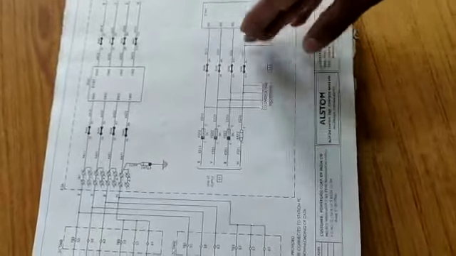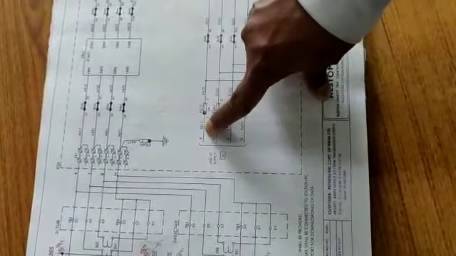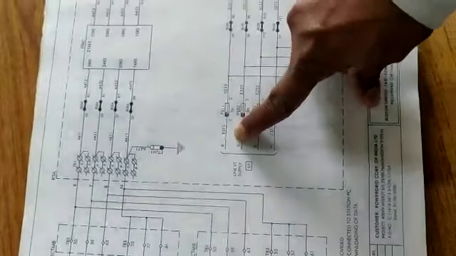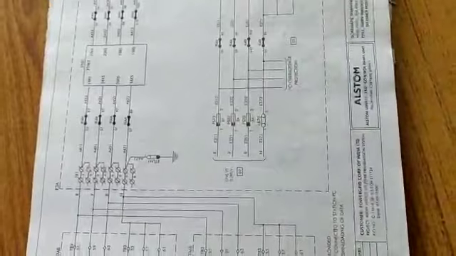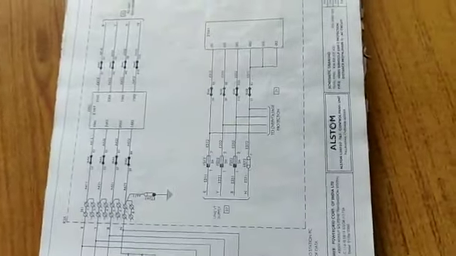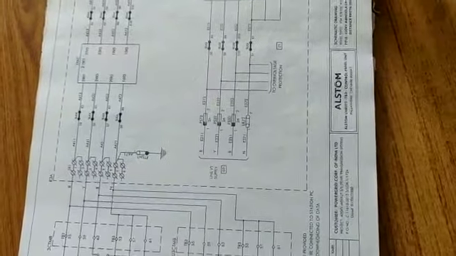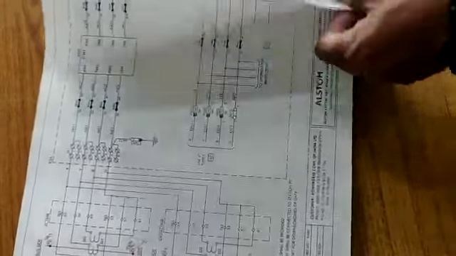Now this is a very simple thing, CVT connection. All you have to remember is that if a ferrule starts with E, that means it is for CVT connection. So whenever you see a ferrule starting with E followed by any number, like E311331, that means it is a CVT connection.